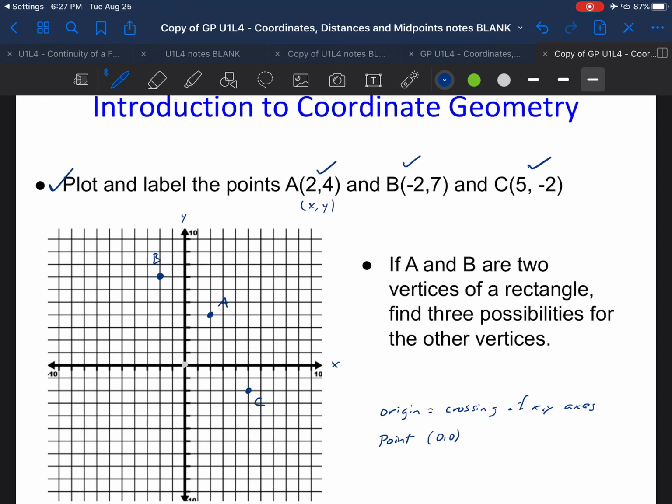Second part: if A and B are two vertices of a rectangle, find three possibilities for the other vertices. Wow. Okay. A rectangle means that we have two pairs of parallel sides and 90-degree angles. So I'm going to think of this in terms of slope. To go from A to B,